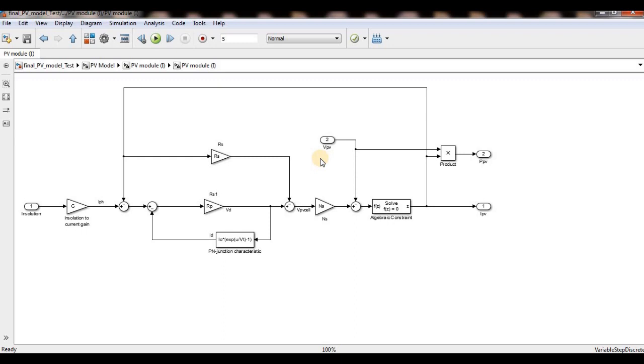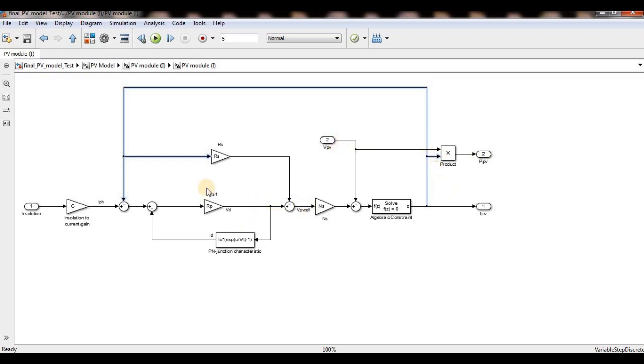to VOC. That is called VPV, varying from 0 to VOC. I subtracted the voltage from 0 to VOC and used the solver, so I can get the IPV easily. This output is IPV. Again I can get the PPV, power is VPV into IPV.